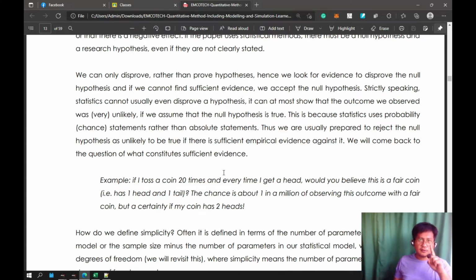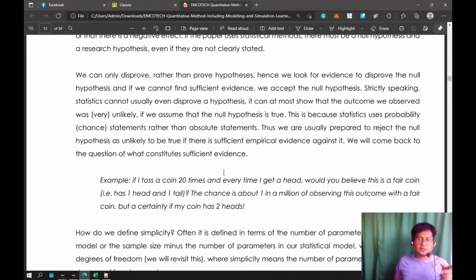Because it has one head and one tail, right? But what are the chances? The chance is about 1 in a million of observing this outcome with a fair coin, but a certainty if my coin has two heads. You will only get 20 heads in 20 tosses if both sides of your coin are heads. We will really get 20 heads in 20 tosses if that's the case, but since the coin has one head and one tail,